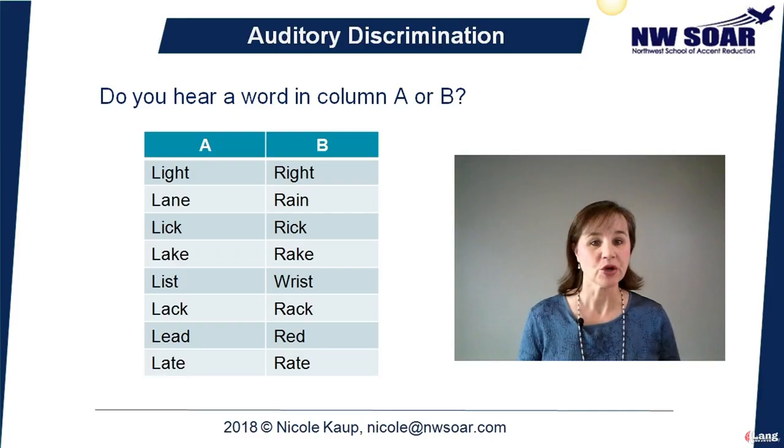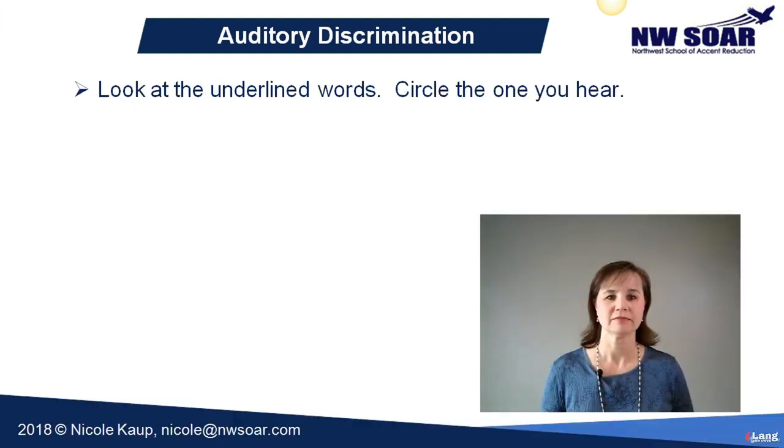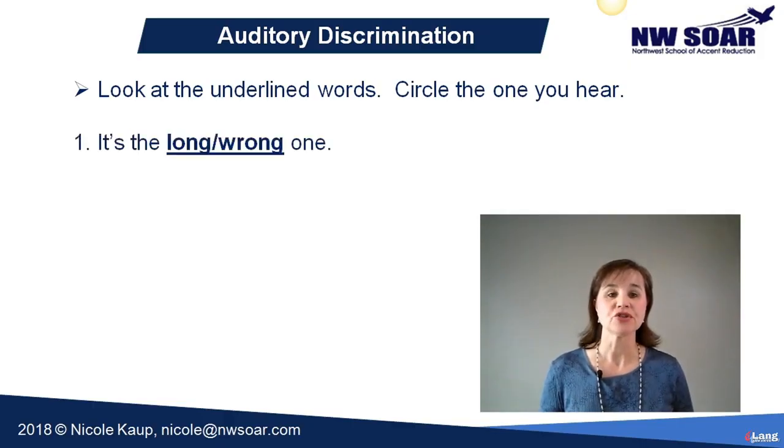Now I did those very quickly, and I know you might want to go back and listen a few more times to make sure that you've got it right. So go ahead and stop here if you need to and rewind. We're going to do another auditory discrimination activity, this time in sentences. In each sentence, you'll see a pair of words. Their only difference is whether they are an L sound or an R sound at the beginning. Circle the one that you hear me say.